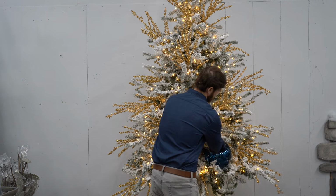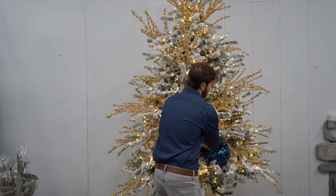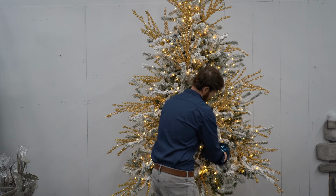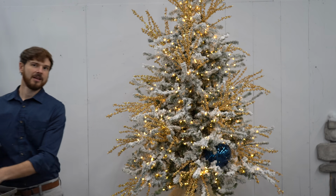But they are transparent so that the light can still come through them. We're going to use these 10-inch, even though a lot of people say that the 10-inch is too big for a 7.5-foot tree. I'm just going to disagree, and I'm going to use some of them anyway. Because